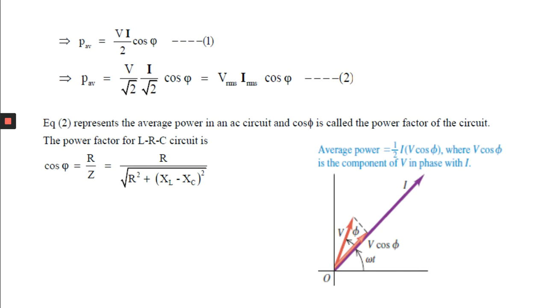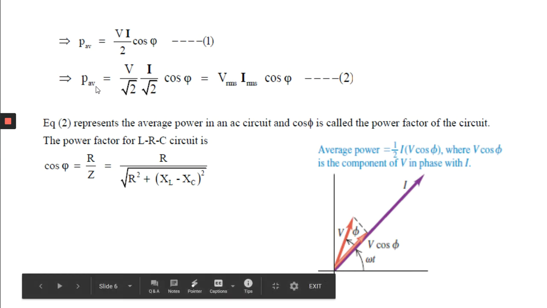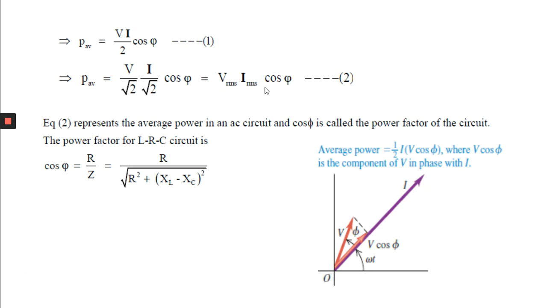Actually, we have already discussed that what our meter reading shows, or what is rated, everything is calibrated according to the RMS value. When you say your supply voltage is 220 volt, we are saying this is the RMS value. I think in the last lectures we have discussed this. So your average power is V RMS into I RMS cos phi. For a particular supply, your average power depends upon what? The phase angle, cos phi.